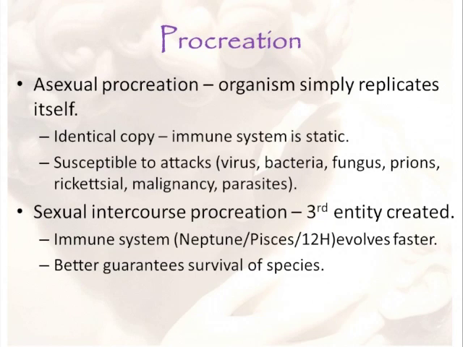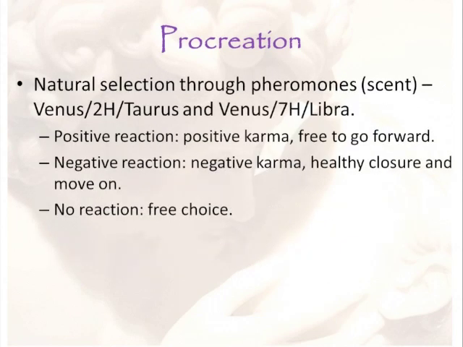When we look at it from the perspective of human organisms and what we will call natural selection in natural law, we do this through what we call the pheromones, or the scent. How does another smell? Now, due to all the distortions of patriarchal conditioning for thousands of years, we rarely know how to deal with this anymore. We're covering it up constantly. Now, the pheromones are ruled by the inner side of Venus, which is the second house in Taurus.